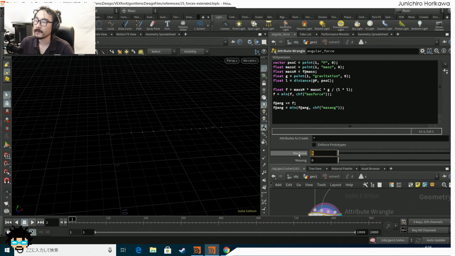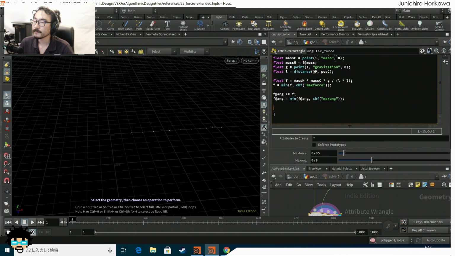So the max force has to be small enough. I don't know what's the best value for this one. Let's start with a really low value, like 0.1, and this to be 0.3. I don't know, maybe 0.05 for the max force. Okay, now